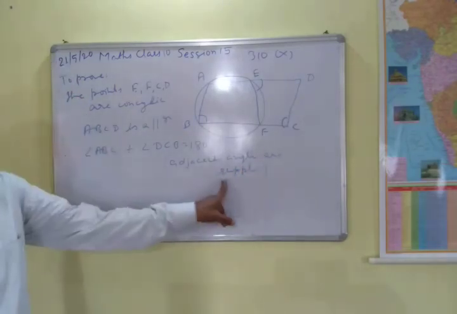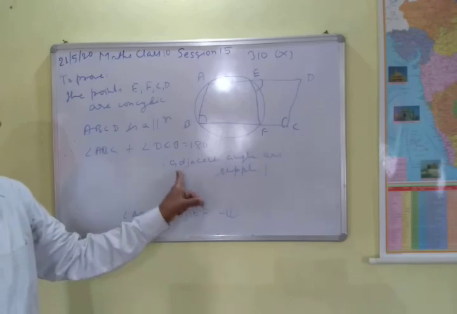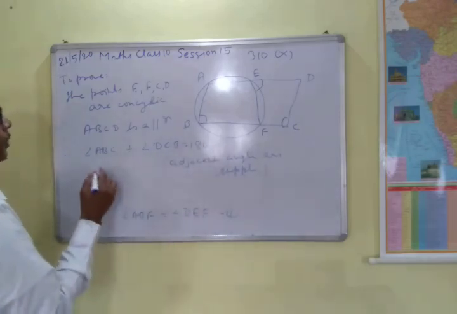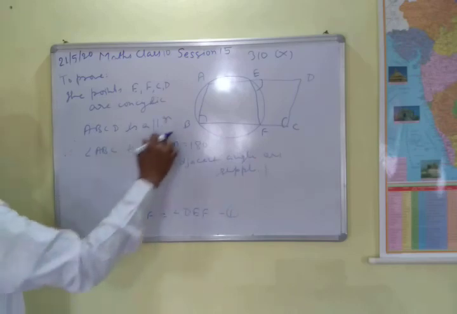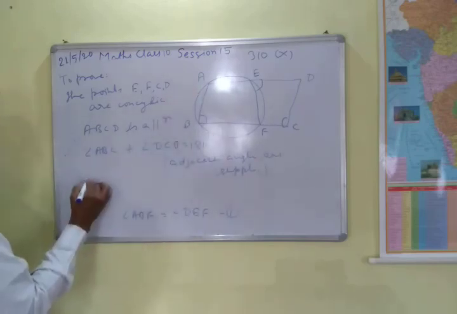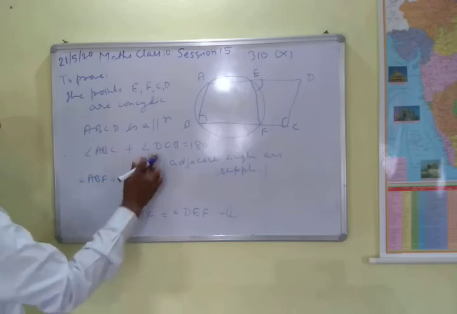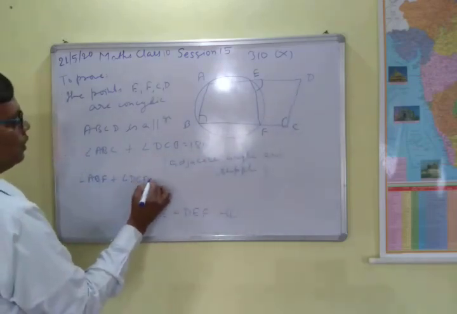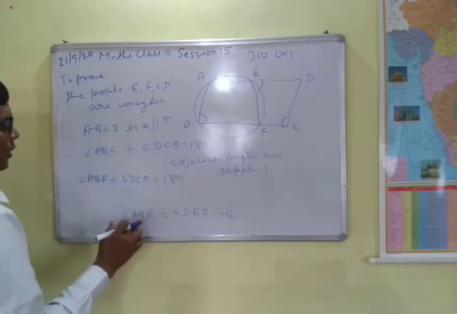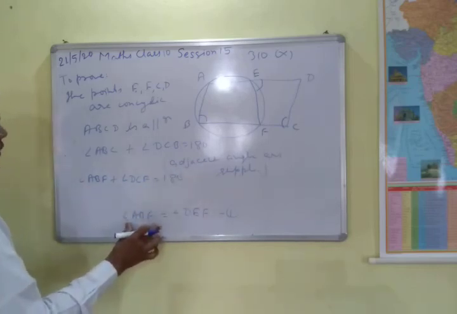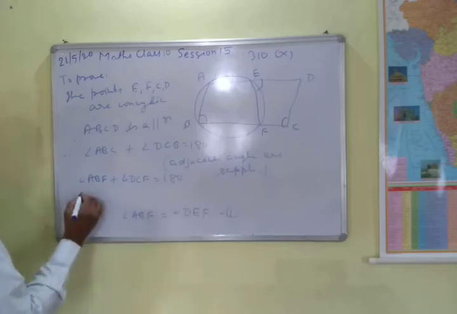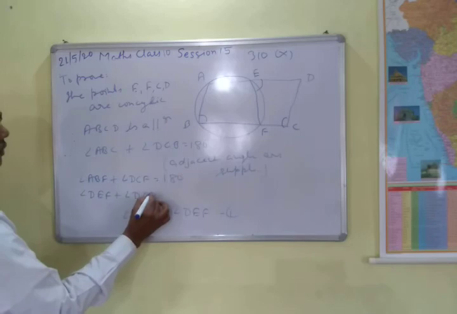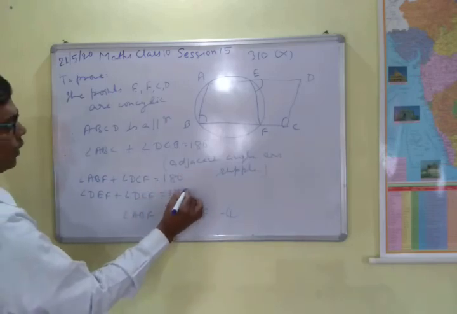Adjacent angles are supplementary in a parallelogram, not in any quadrilateral, but it is true only in a parallelogram. So ABC plus DCB equal to 180 here, or you can write here that ABC equal to what? ABF. Okay, angle ABF, and you can write DCB as what? DCF only. Angle DCF equal to 180. And now from this one, we will write ABF equal to DEF. That is angle DEF plus angle DCF equal to 180 degree